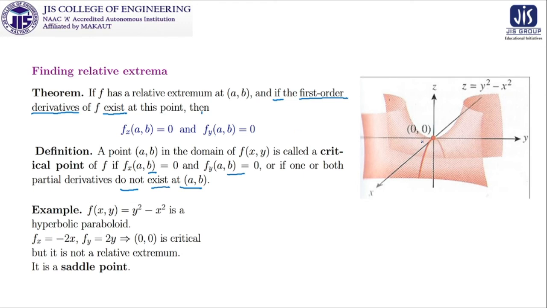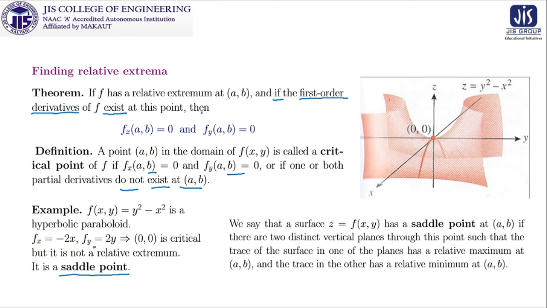Look at this, this is z equal to y square minus x square. So here you get this is 0 for both the cases, but if it is 0 it will not be guaranteed a relative extrema. If relative extrema exist, then the derivatives will be 0. So this is the example, and these types of points are called saddle points, which was actually given to you for the single variable also.